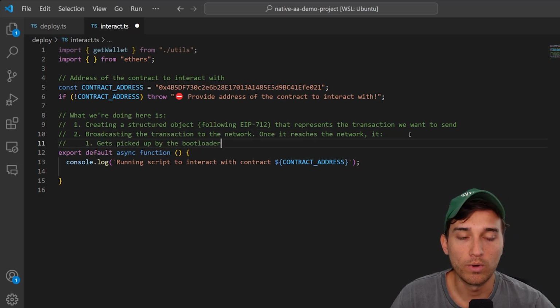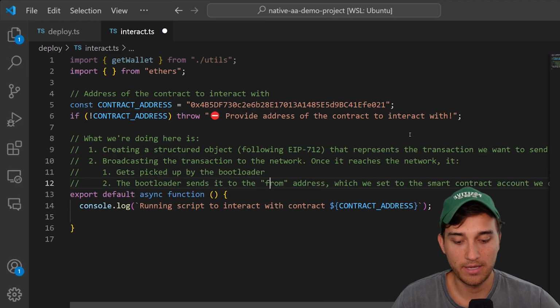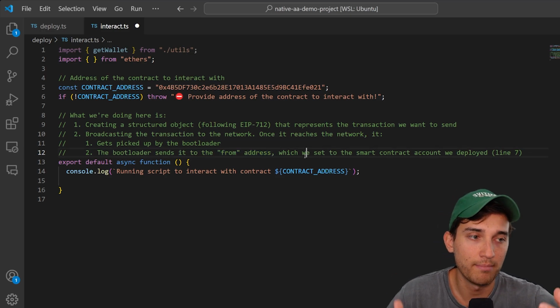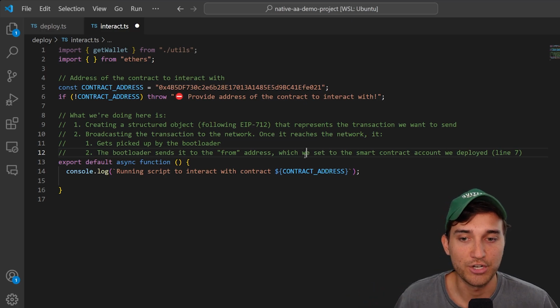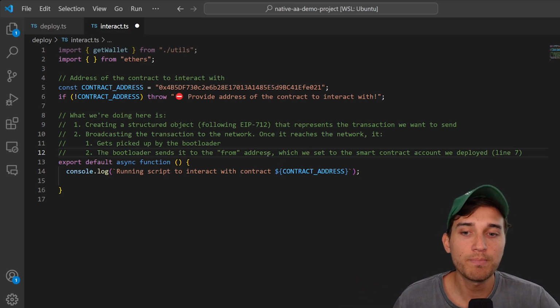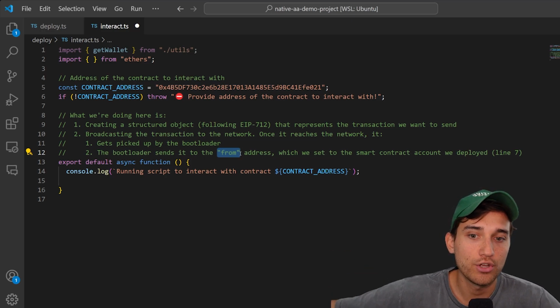So the first step within that, once it reaches the chain, is it's going to get picked up by the bootloader. The second step here is that the bootloader reads each of the transactions. So it kind of batches them and does a couple of other things as well, but it batches the transactions. And for each of those transactions, it reads the from field, which is where the transaction came from, but not necessarily, which is kind of confusing because in the script that we're going to generate, really, we can put the from address to whatever we want. I could say you submitted this transaction, or I could say anyone else submitted the transaction